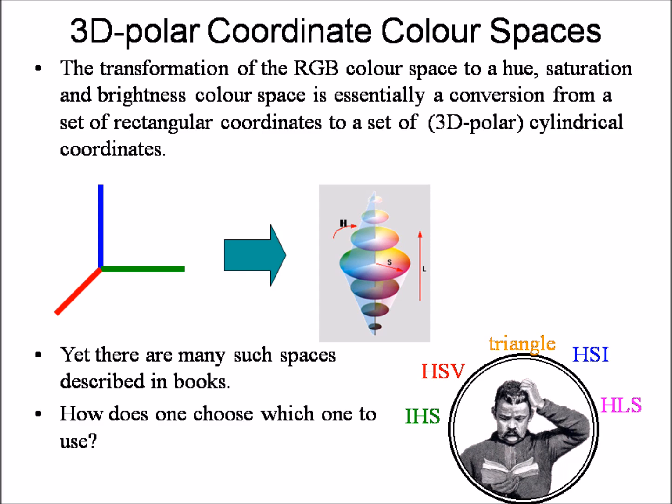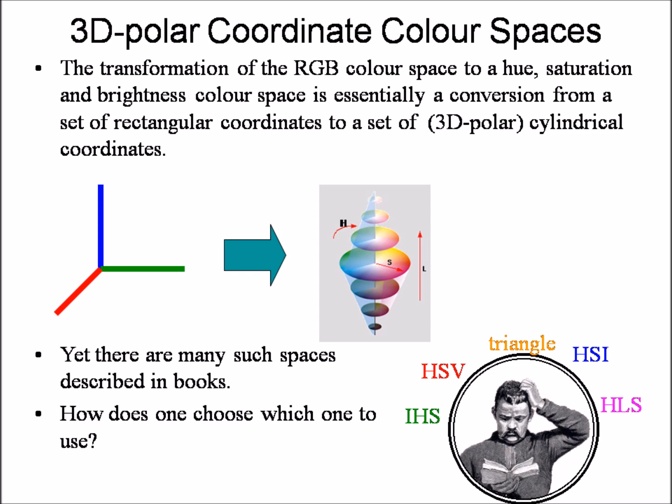The figure below will highlight the conversion of RGB color space to 3D polar coordinate color space. In the figure, the left side represents RGB rectangular coordinates and on the right side of the arrow you will see the 3D polar cylindrical coordinates, in which H is hue, S is saturation and L is light. On the basis of 3D polar cylindrical coordinates, various color spaces have been generated.